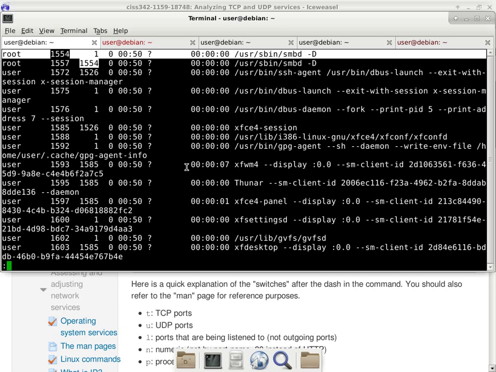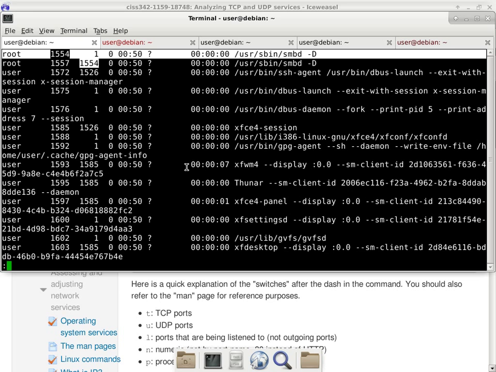What is so special about root? It is the system administrator in Linux. Any process running with the UID of root, which by the way is numerically 0, has access to everything in your system. Not just read access, it's read-write access to every single file and every single directory. So this is what will flag you and make you think, I had better be paying attention to this particular service, because if something goes wrong, this can go really wrong.